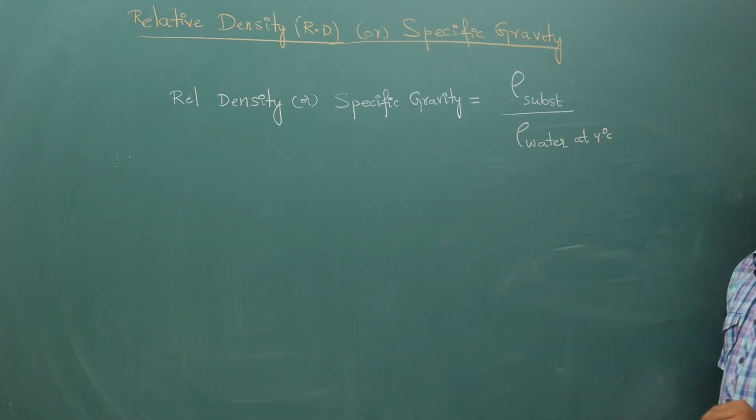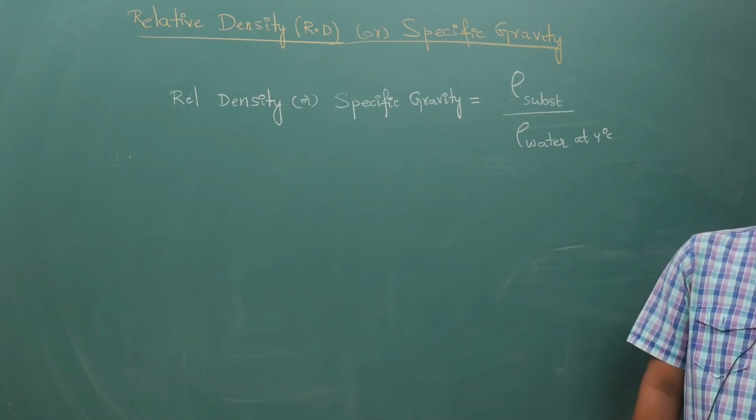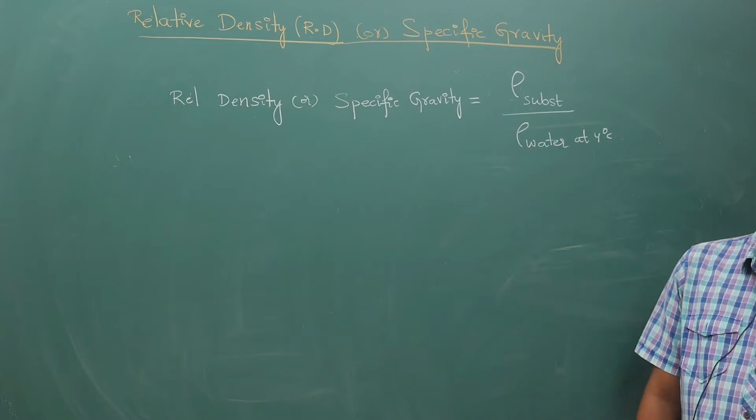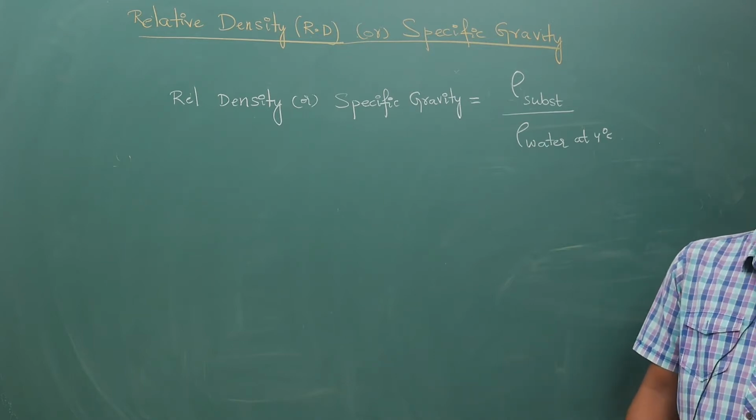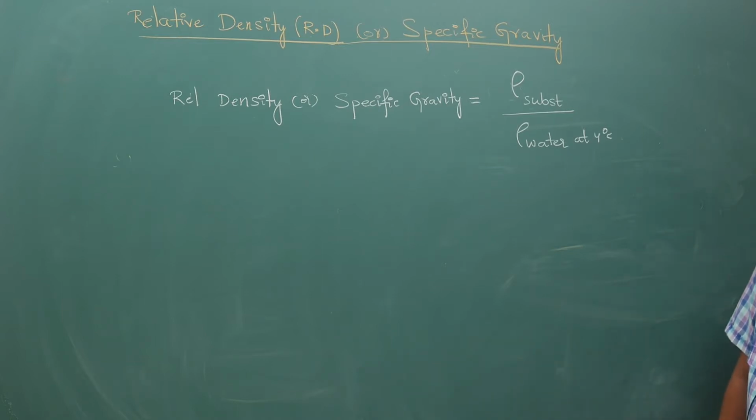Simple. It is a ratio. So it is density of substance or liquid by density of water at 4 degrees centigrade,